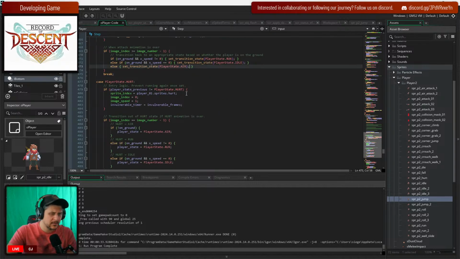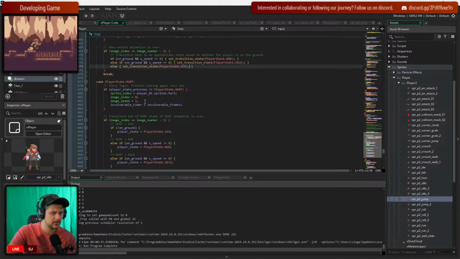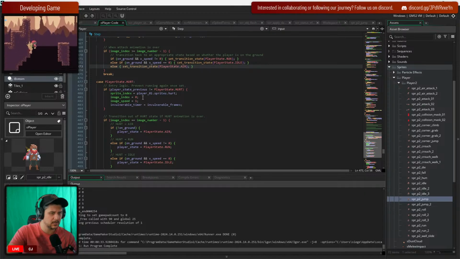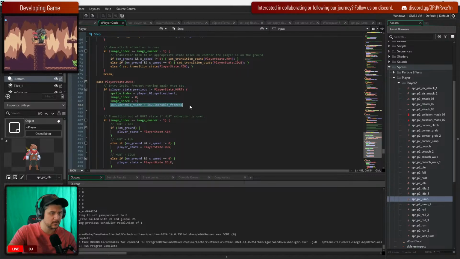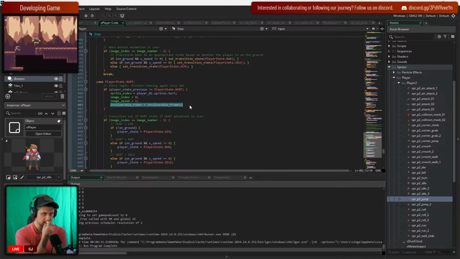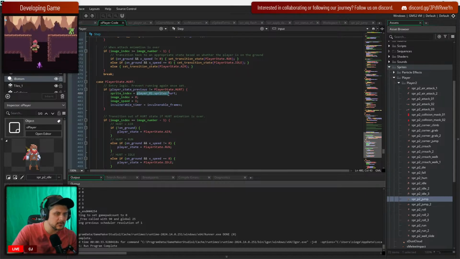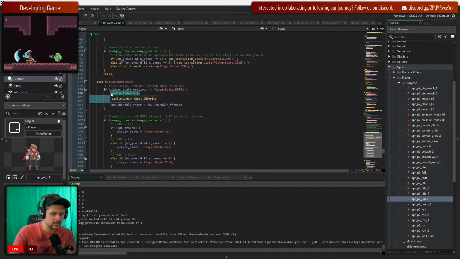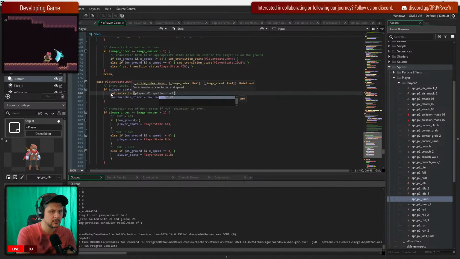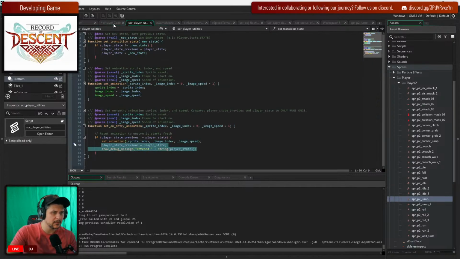Okay. This looks like the on-entry logic. So we don't... Oh, uh-oh. We have to include vulnerability frames now. I don't like that. Okay, we're gonna have to do this manually here. So here's what we'll do. We'll do this set animation to here, and then we're going to